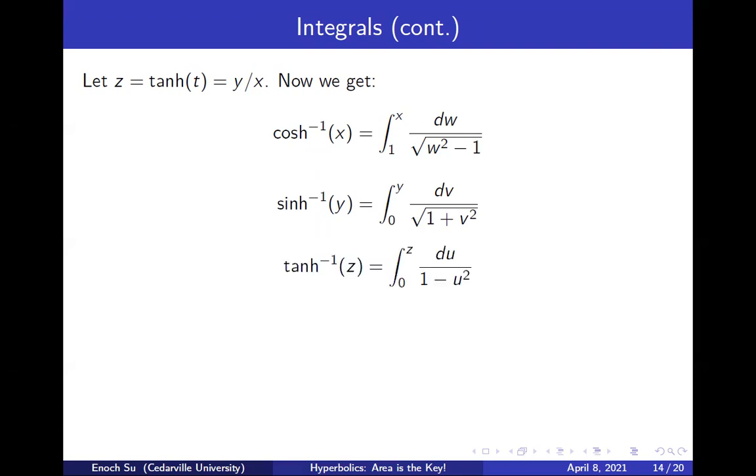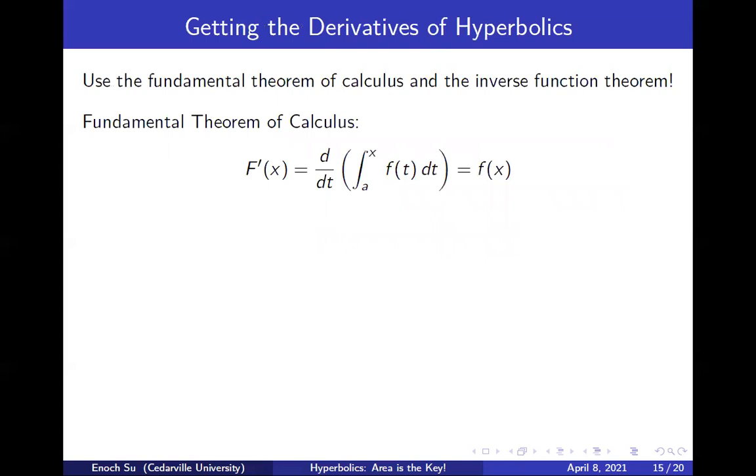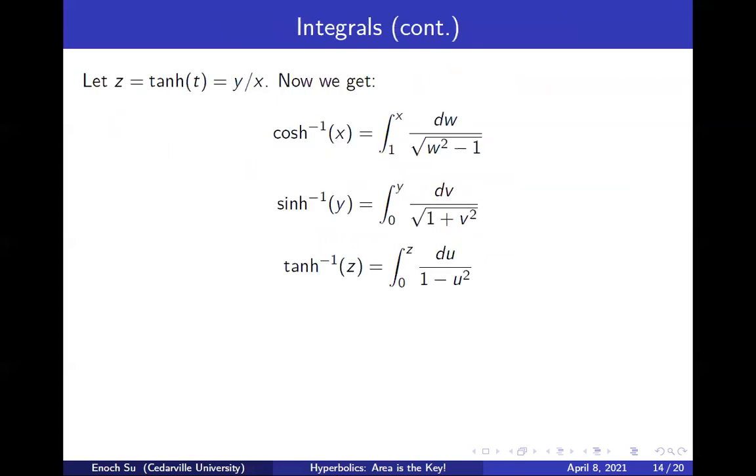And arc hyperbolic tangent of z equals the integral from 0 to z of du over 1 minus u squared. Now, this is just the way we're defining it. But you may ask, why did we go through all this pain to get these integrals? Well, now here's where we're going to use these integrals to actually give us the derivatives of the normal hyperbolic